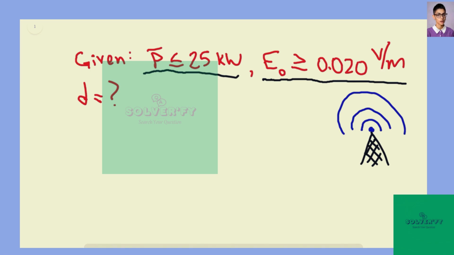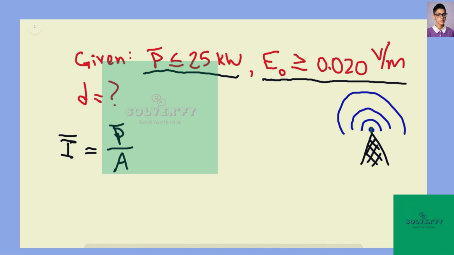And something that's important to consider is that the average intensity of this broadcast at a certain distance can be defined as the average power divided by the area across which the signal is distributed. So